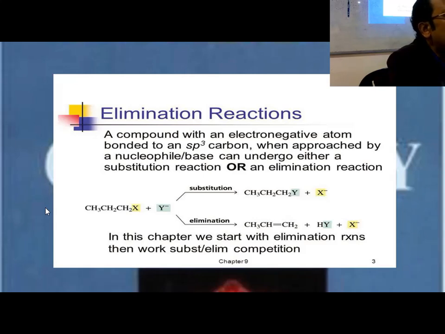If we apply concentrated NaOH, then elimination reaction, that is E1, will be preferred,